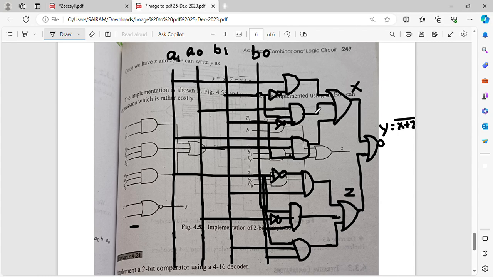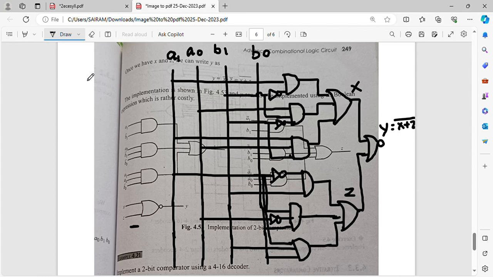So this is what I was about to tell you for today. I hope you got to know how to compare things. So if a 2-bit binary number is there, you are going to divide it into two 1-bit binary numbers. If you have a 4-bit binary number, you are going to divide it into two 2-bit binary numbers, and you are going to take the decimal values and compare them, right?